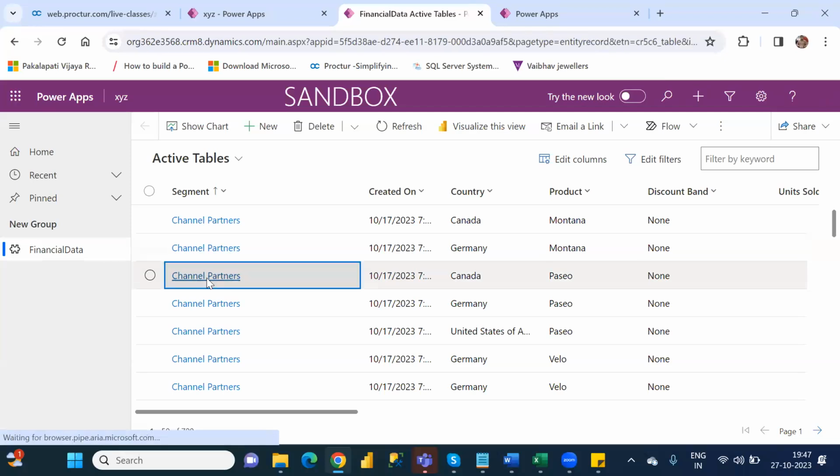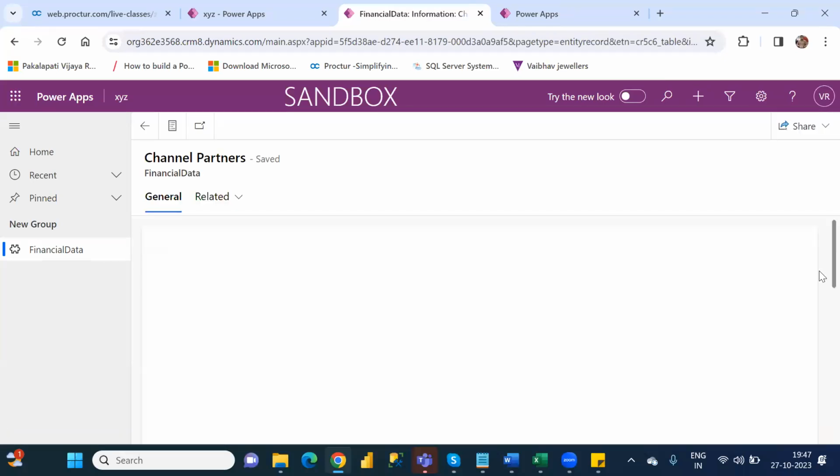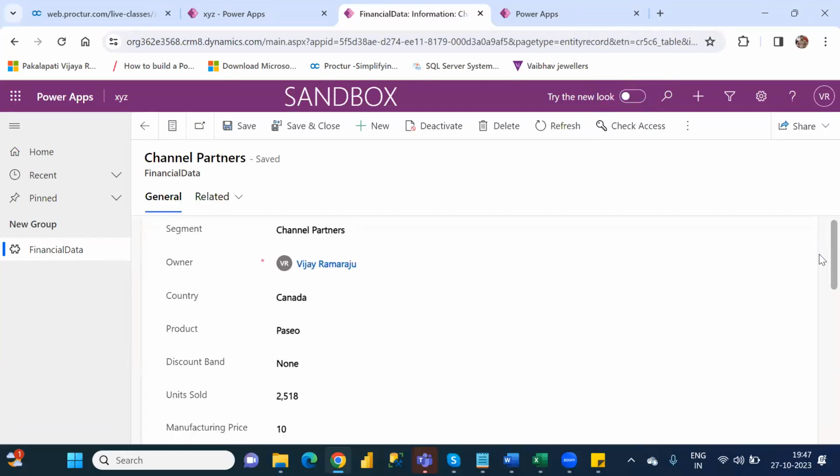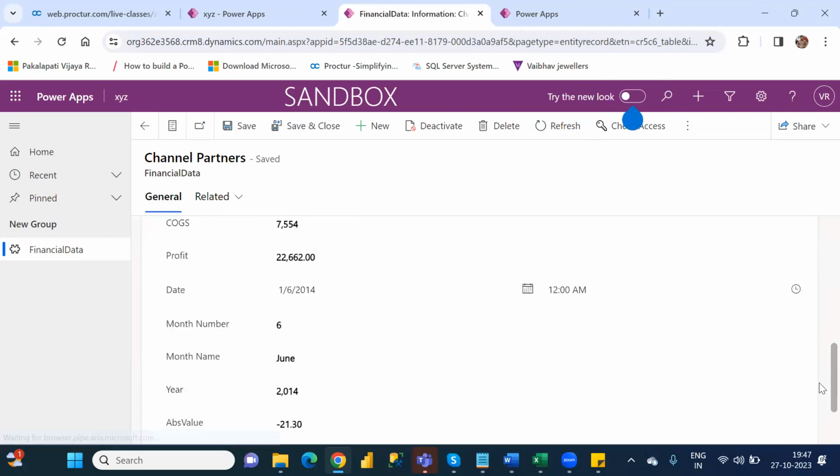If you click on any of these, it will open the form. When you come down,